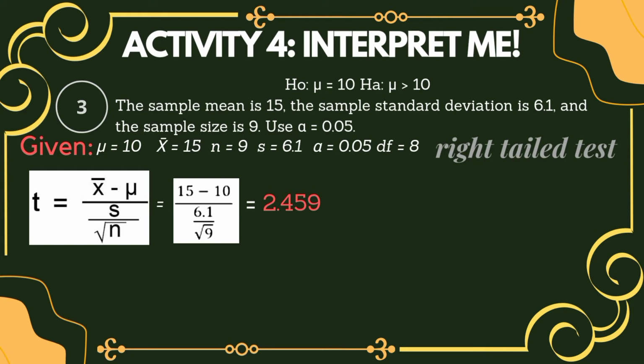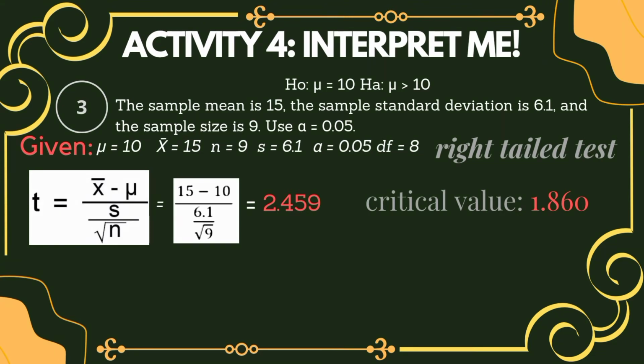We will get 2.459. On the other hand, use your t-table and look for the 0.01 level of significance of a one-tailed test with 8 as the degrees of freedom. Then we will get